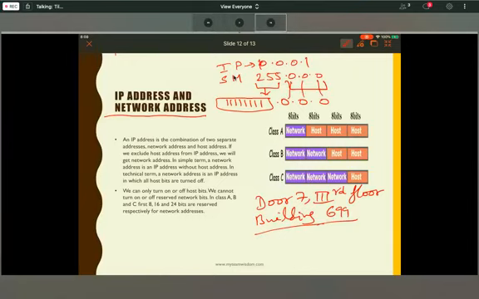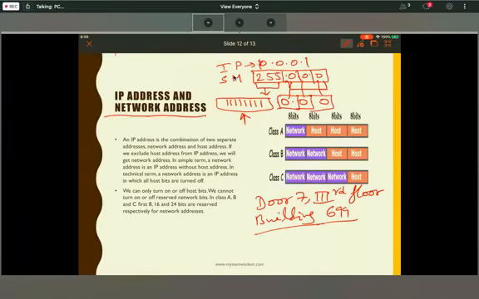The host will have 24 bits, right? And the network address will have 8 bits, because you told 255. Correct, you are right.